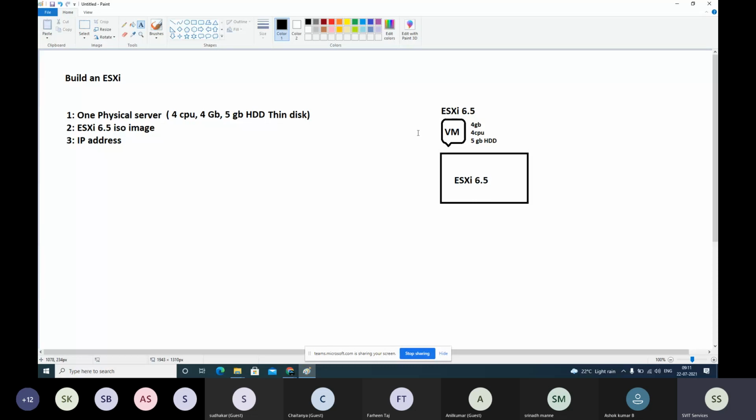You try to practice this multiple times until you get confidence. Once you get confidence, then you can practice on the physical server in our lab. Just once or twice you can do. Once you get confidence installing on a virtual machine, you do it on the physical server. Instead of directly practicing on the physical server, you do it that way.